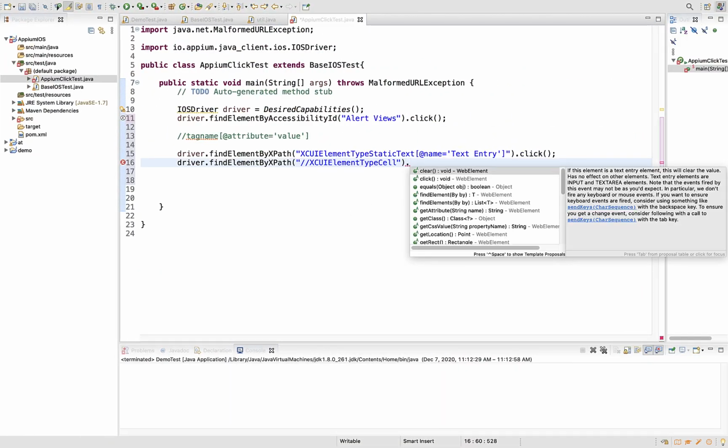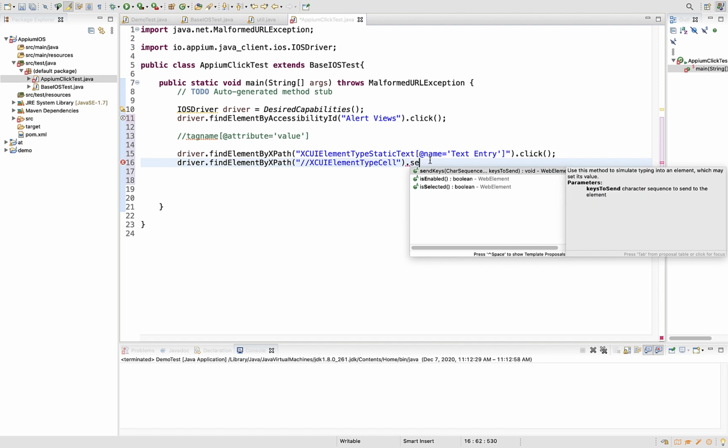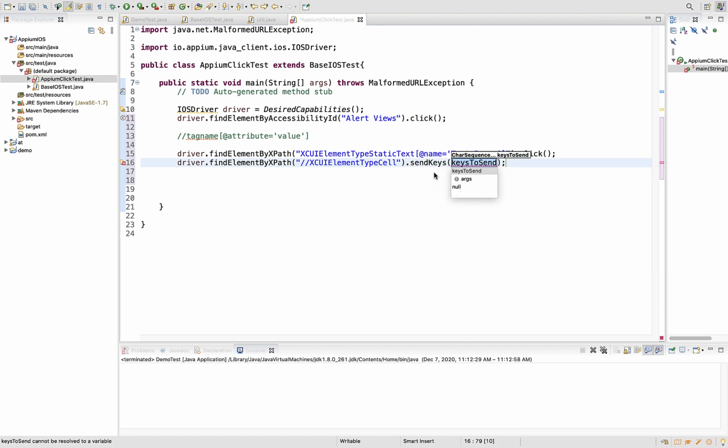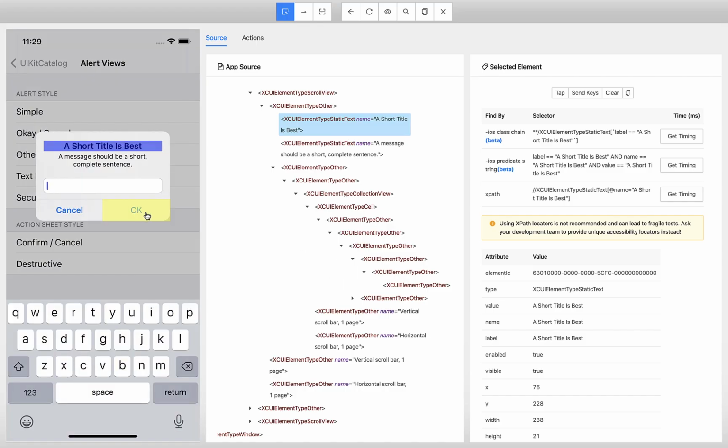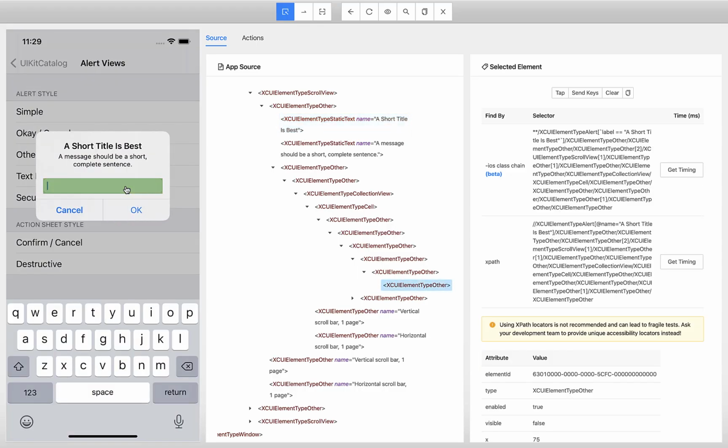Dot. If you want to type anything in the edit box, you have to give a method called sendKeys, because you are sending some characters into that box. Let's say hello, right? That is a step. Next, you want to click on this OK button, right? You type something here. So sendKeys